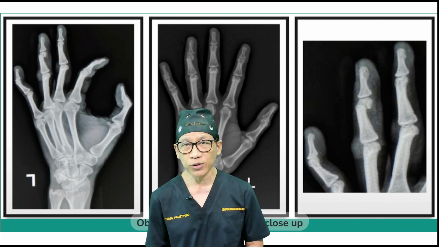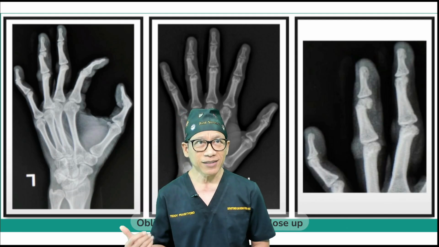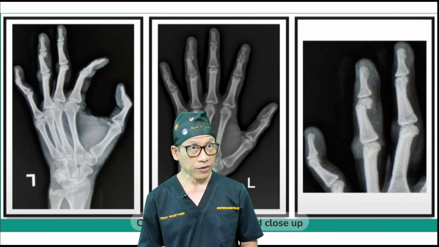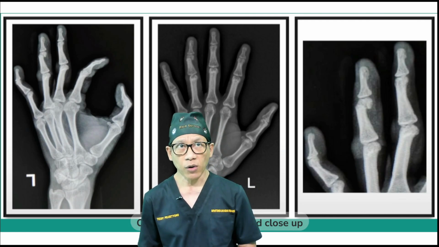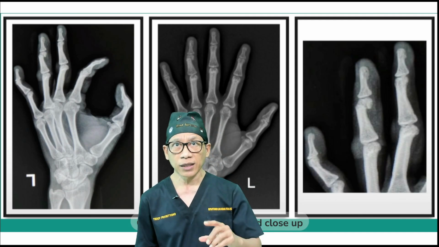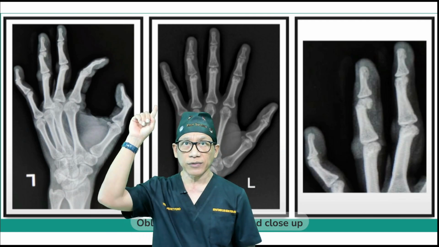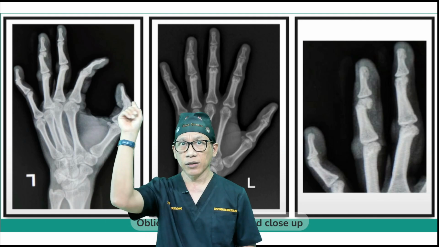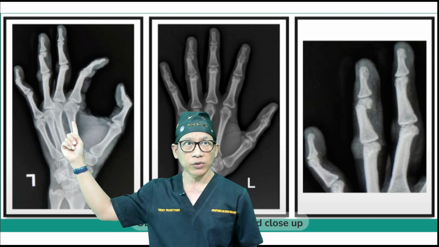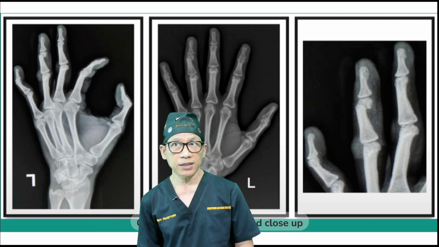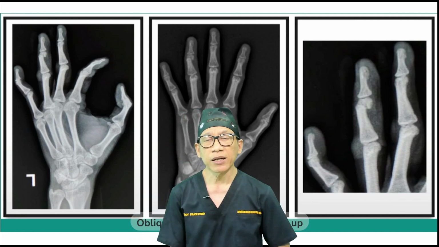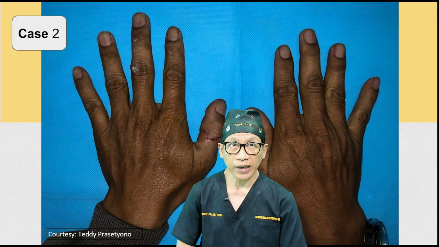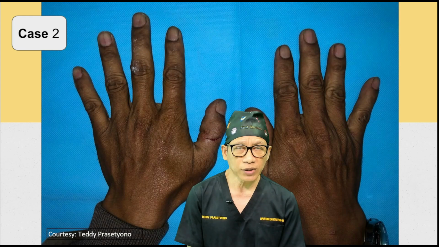Now from the X-ray, you could see that the patient suffered from a fracture of the middle phalanx. It's in the neck of the middle phalanx, like you could see in the photo. Now you could refer to the photo from the AP here, and also the other photo from the oblique position. Of course, this is clearer that the neck of the middle phalanx is fractured. Okay, so I move to the second case.